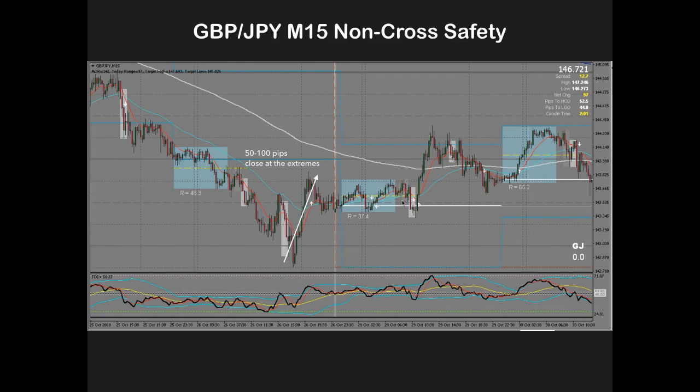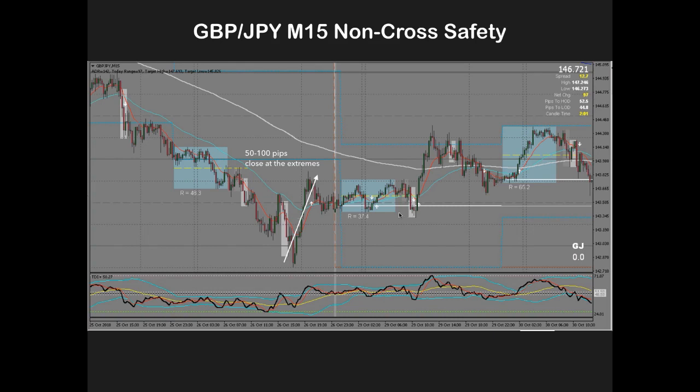So the next day, we would normally look for a 5200 cross, but in this case we didn't get a cross. It's still open, but we did have a big peak low. We had a multi-day W, and we had a 50 to 100 pip close at the extremes, a 180 move off of the peak. So the next day we're still looking for a stop hunt outside of the Asia range,